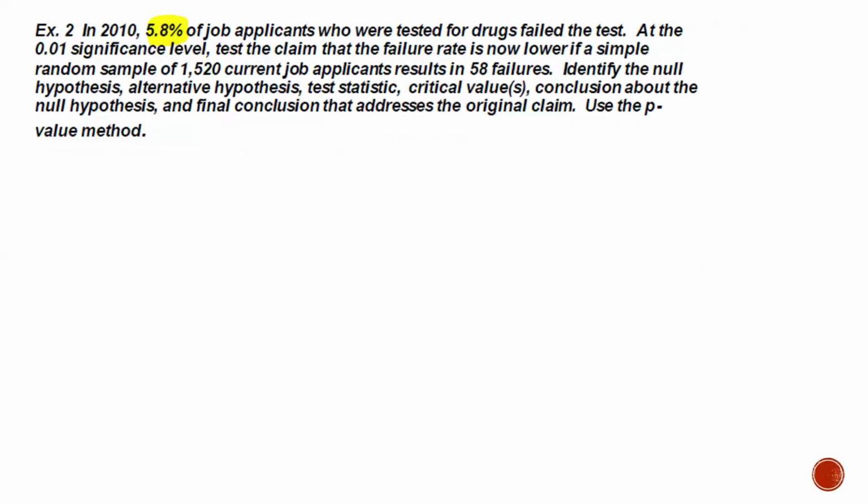Sorry. So in that year, of the people who applied, 5.8% failed the drug test, and I'm sure most of those probably thought they had some genius method to pass it that didn't work. Okay, so we now have the 0.1 significance level. Just to remind you, the significance level means that we only want to reject our null hypothesis